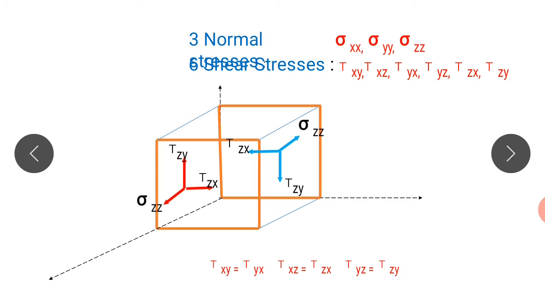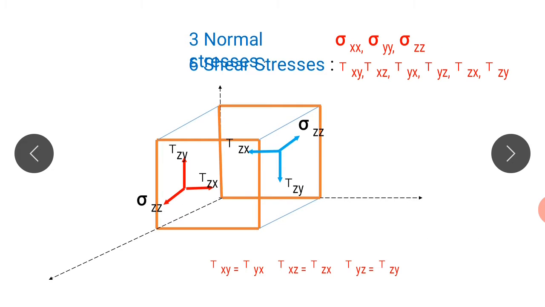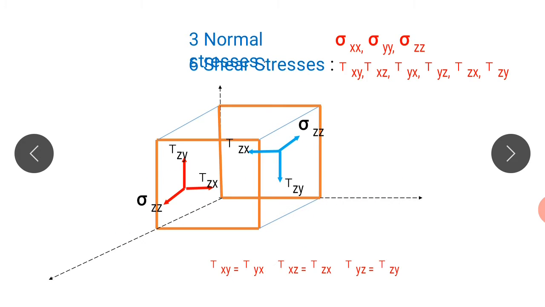So three normal stresses, as we mentioned, sigma xx, sigma yy, sigma zz, and six shear stresses. So these are the normal faces. I have represented every two opposite faces containing the opposite sense of stresses, and here the normal stresses are along the x, y, z axes. Here by mistake the three normal stresses part comes over here, so there is a collapse. So just go on adjusting.